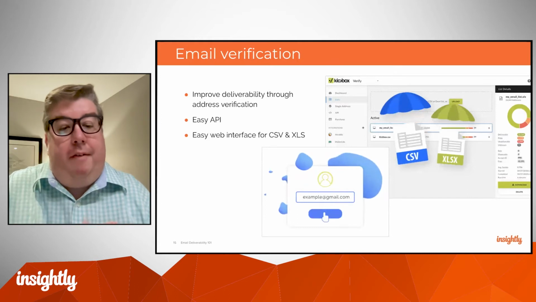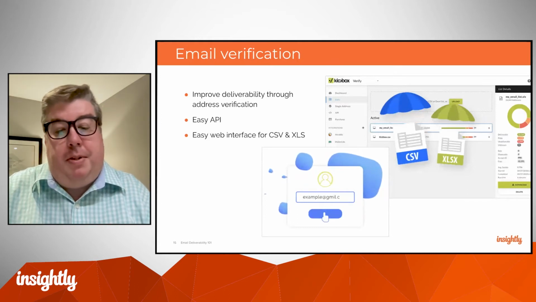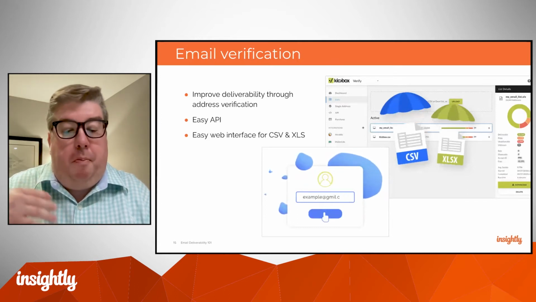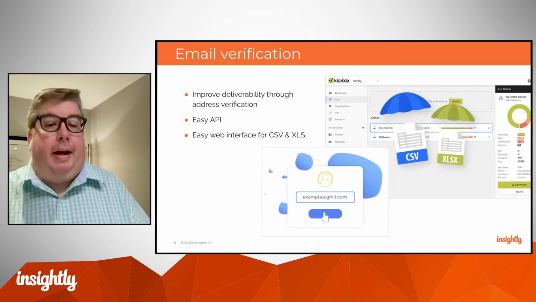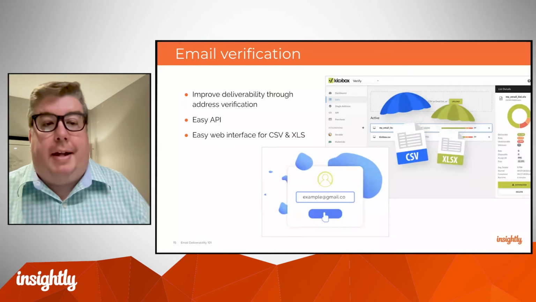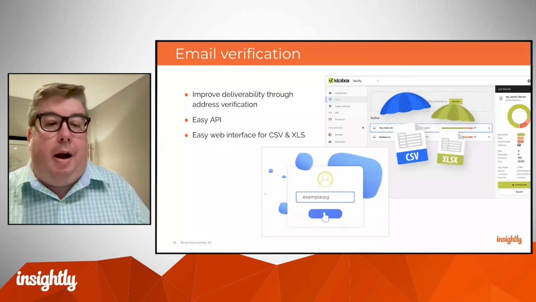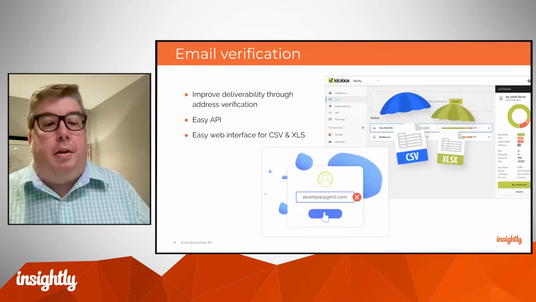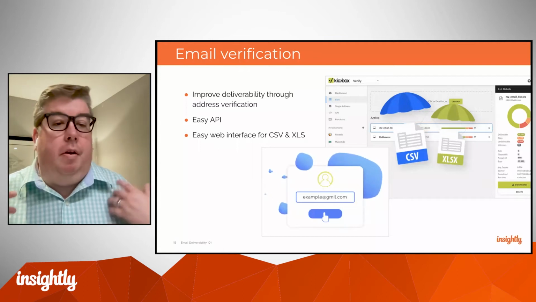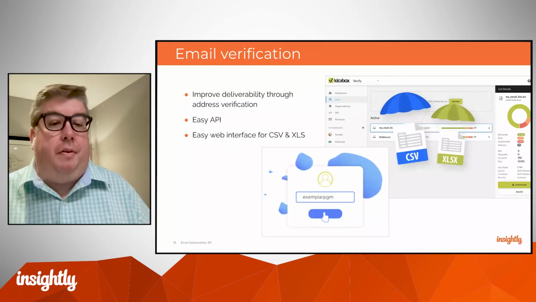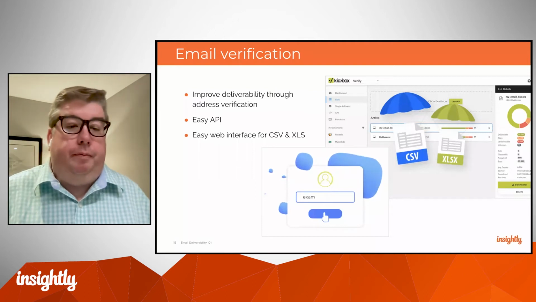I touched on email verification, right? And what that does is it helps to try to ensure that you maximize deliverability by minimizing the amount of bad data ending up in your email stream. It's that simple. It doesn't magically fix all problems. It's not the only solution to a deliverability issue, but it is good to help boost deliverability success through better data. Okay.